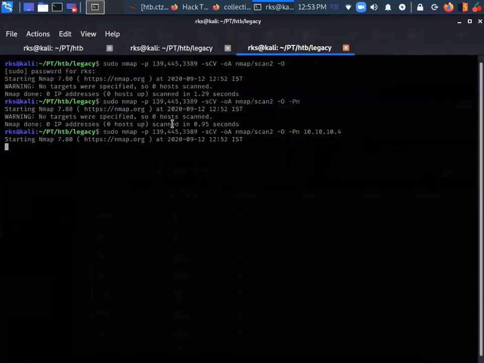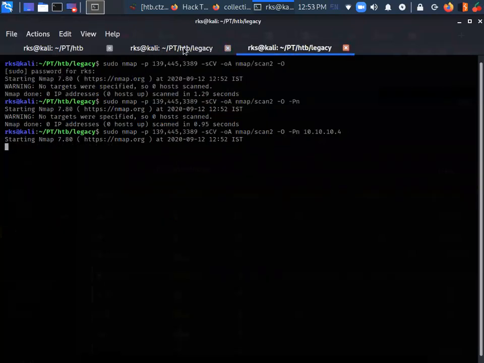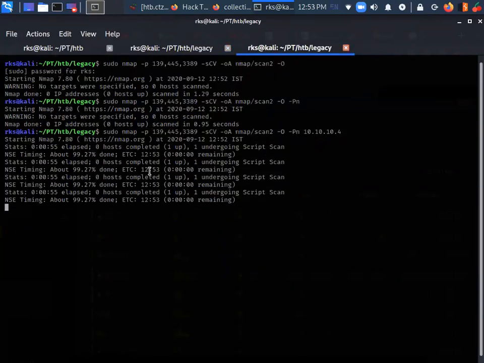So again, this machine is also going to be very straightforward. The motive for doing this machine is just to familiarize you with some well-known vulnerabilities that exist out there. In today's session, we are going to look into MS08-067, that is the NetAPI vulnerability. It's a very famous vulnerability. We'll use Nmap as a vulnerability scanner. I'll show you, and Nmap in itself is going to tell you that the target is vulnerable to this exploit. Give it a try. So let's see. It's taking some time. Let it run.